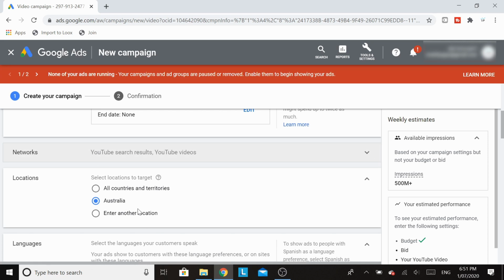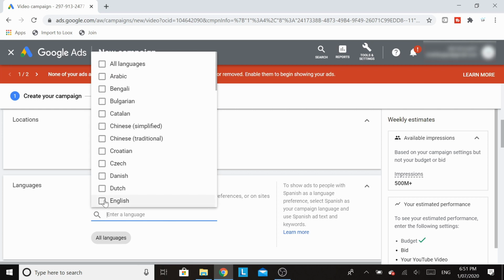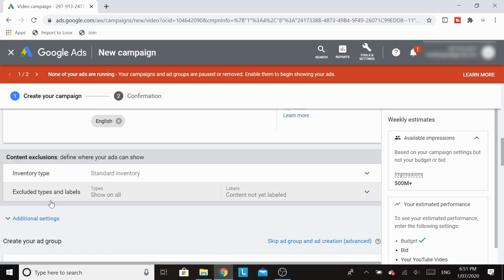Here for locations, you can set the country you want to target or the city. And then obviously language, you can choose a specific language to target if you want. We'll just put English in there for this example. Now under